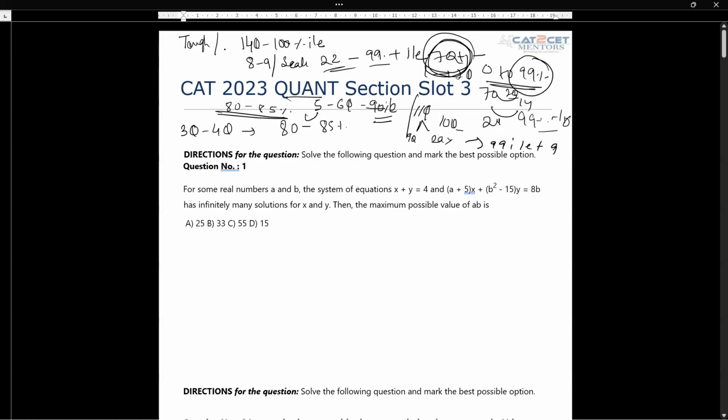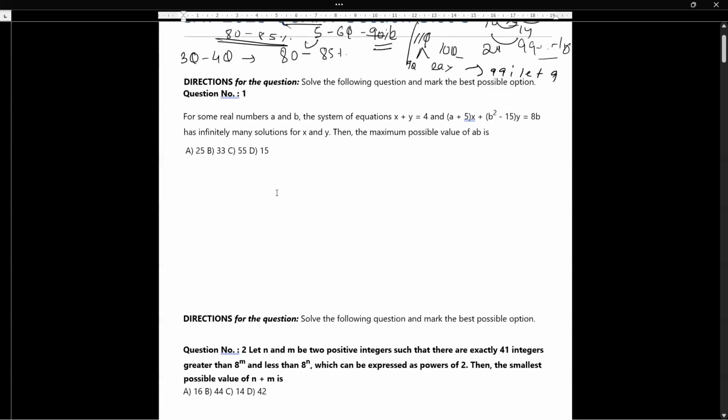Right. We will start with every step first. First 80 percentile, then we'll cross 85 percentile, then we'll cross 90 percentile, 95 percentile, and so forth. Right. So this was the first question which appeared. And this was also my strategy as an aspirant myself. What I did was, there was this notion that no, I have to attempt anyhow. I have to attempt 13 questions, or 15 questions for that matter. I have to attempt half of the paper. No, this is not the case.